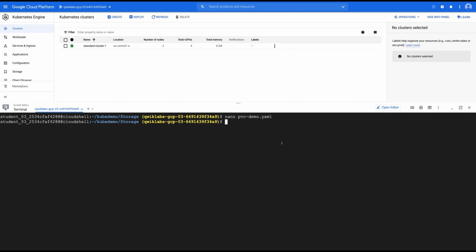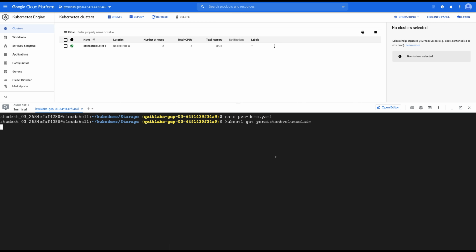So let's go out and fire a command to apply this. Before we apply it, let's check if there is any persistent volume claim already there, with kubectl get persistent volume claim.